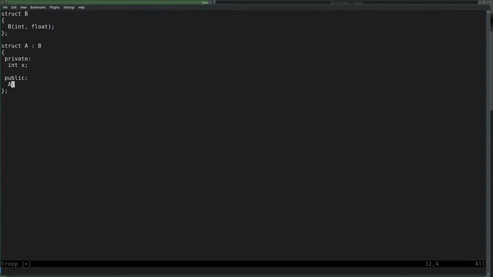So you have to pass it as well. So you must do int and float f. Pass that to b, right? And if b has a lot of them with all kinds of different arguments, and you would have